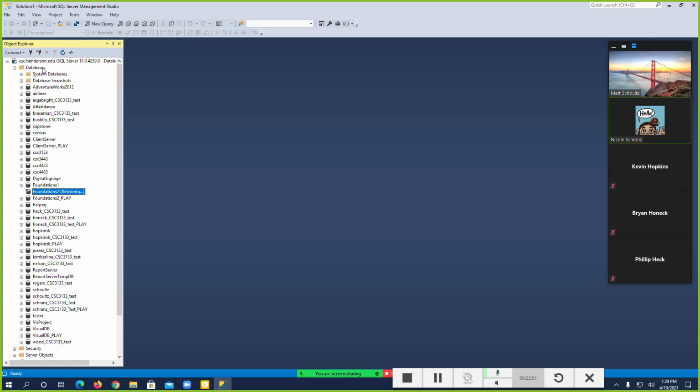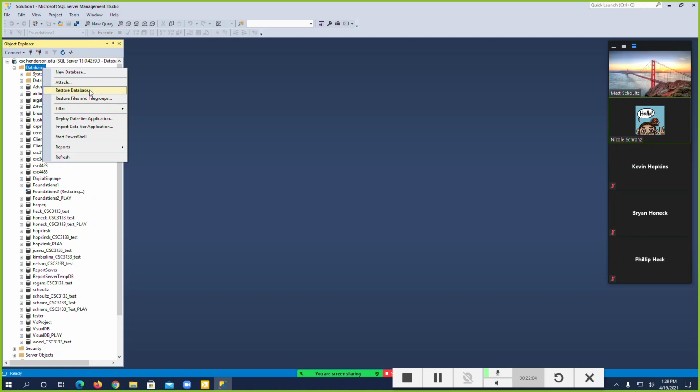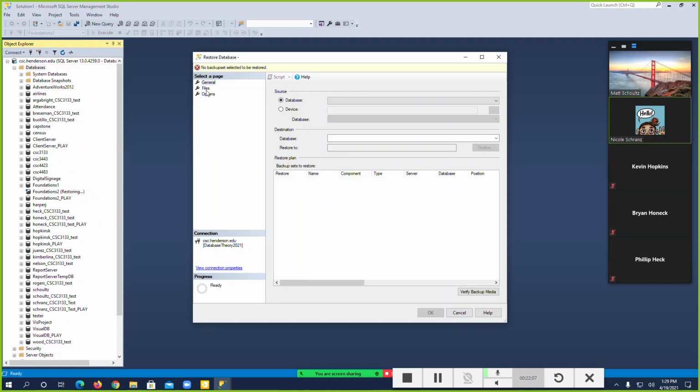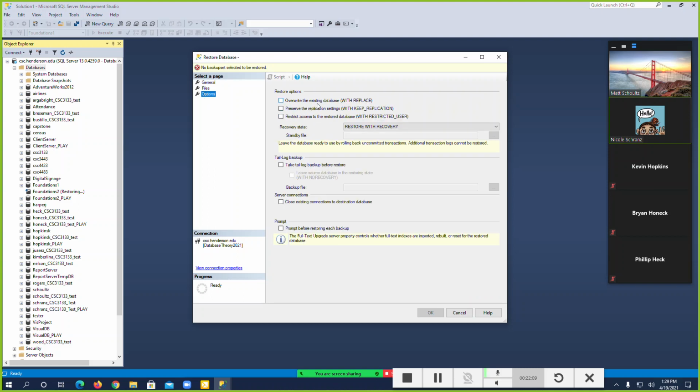Oh, but I guess that would be in restore, right? So, restore database, files, options, overwrite existing database. There it is, right there. So restore with recovery. This option right here: restore with recovery, restore with standby, no recovery. So if I was to do this exact same restoration with no recovery,